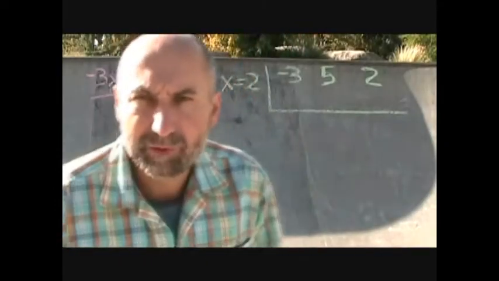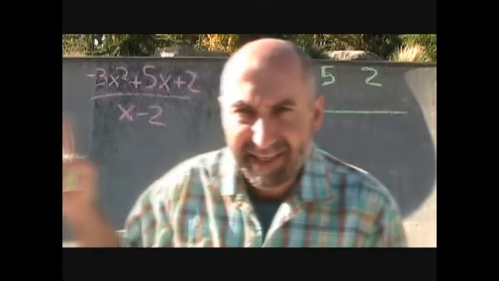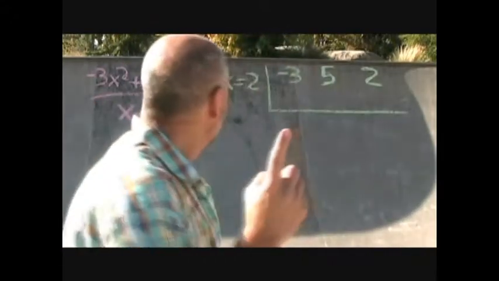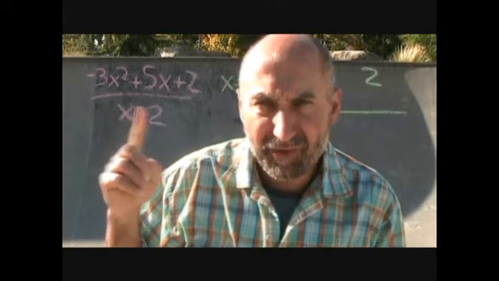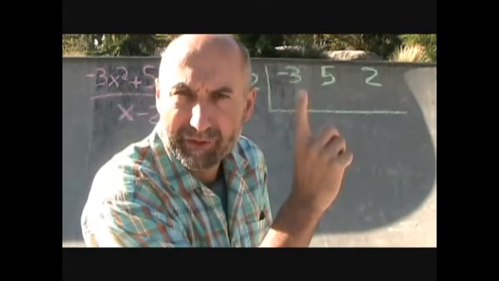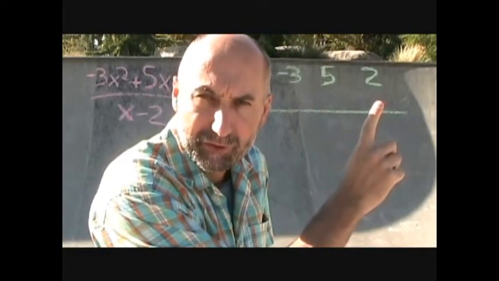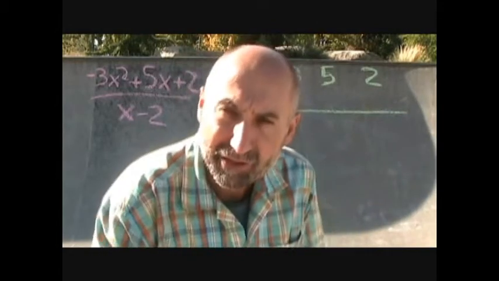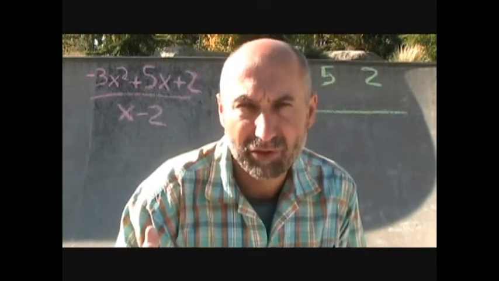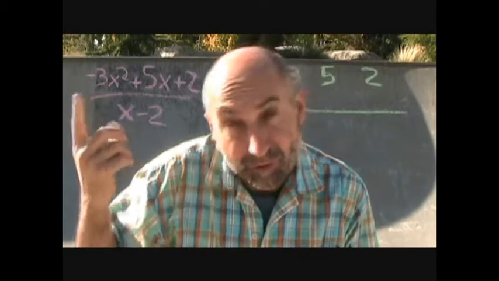So what we end up doing when we're doing synthetic division is taking the coefficients here, -3, +5, and +2, and putting them here, -3, +5, and +2. Now keep in mind, I mentioned this during the polynomial long division, if we're missing, first of all